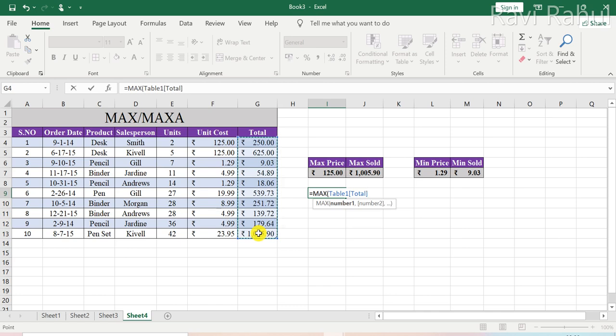What I mean to say is the highest price that has been achieved in the sales of the particular products mentioned in this table here.